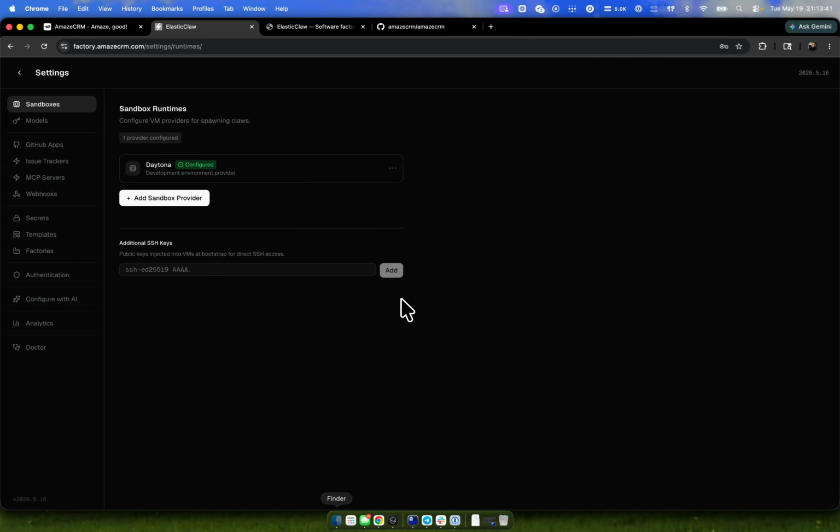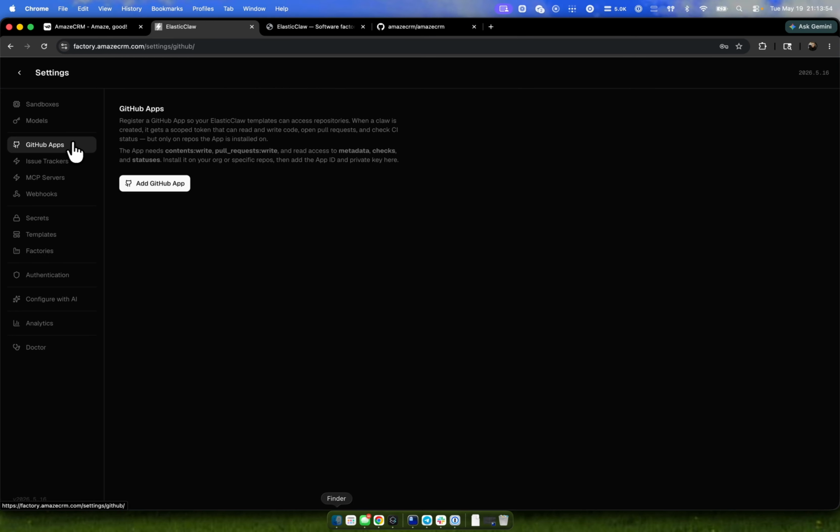Okay, so we're going to continue the setup of our factory for Amaze CRM. What I've done so far is I've installed ElasticClaw on the server, and I've configured the Daytona Sandbox runtime. The next thing I want to do is configure a GitHub app. The reason that we do this is so that the agent in OpenClaw can have access to the source code,